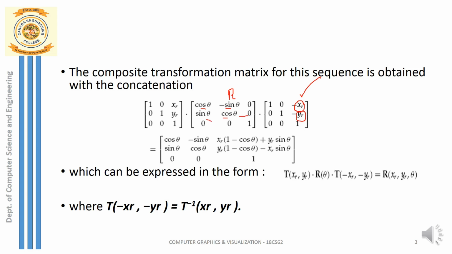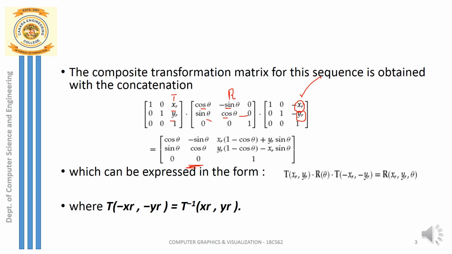Remember, the order of all the three matrices is the same, it's 3 by 3, because we are following the homogeneous coordinate system. Next, this is forward translation. So getting the object back to its original position. So x component of translation, y component of translation. So these are the three matrices which we are multiplying back to back, and this is the final product of the three matrices or matrix multiplication.